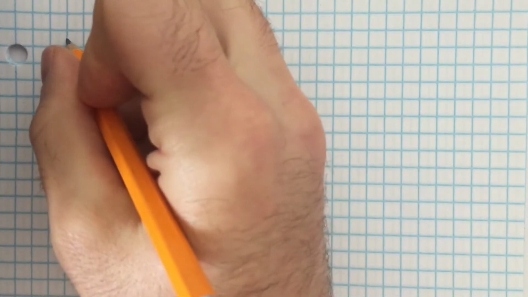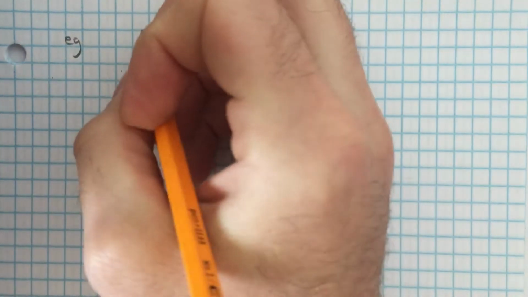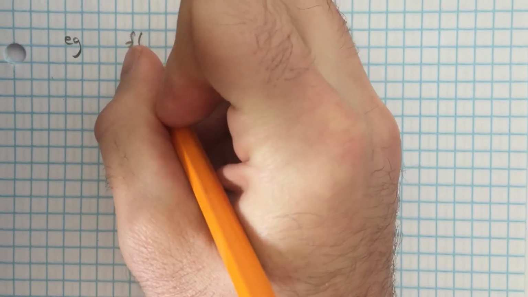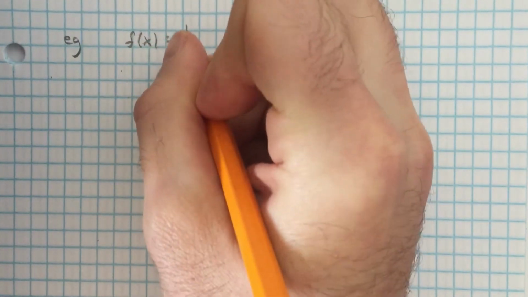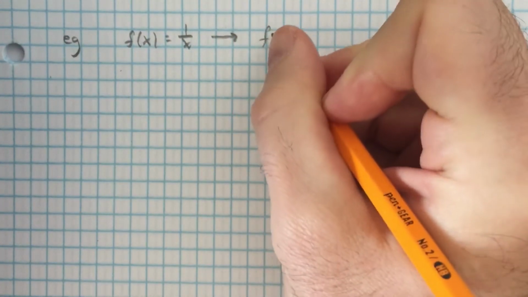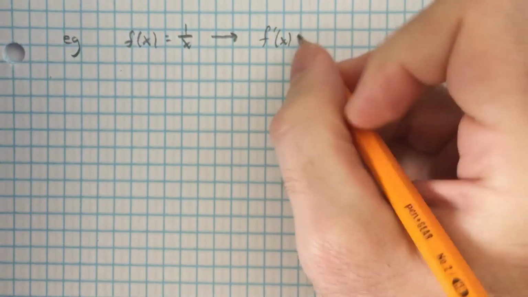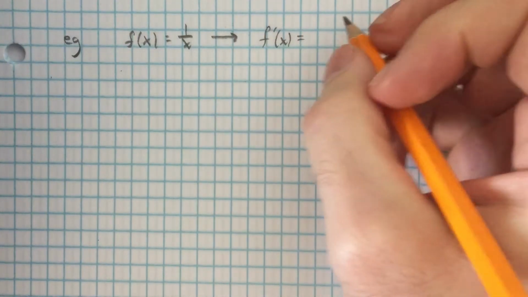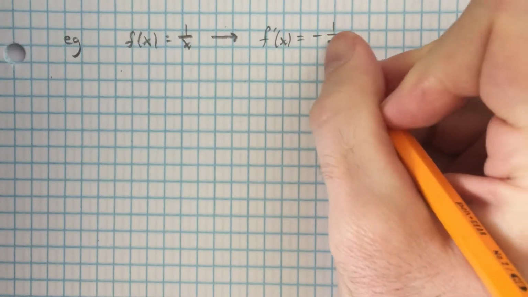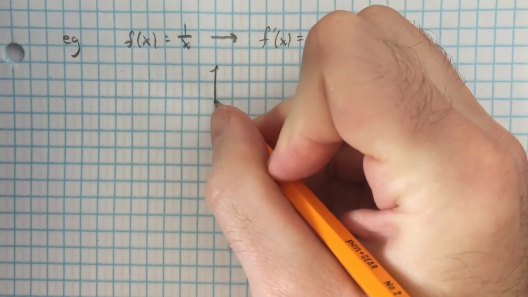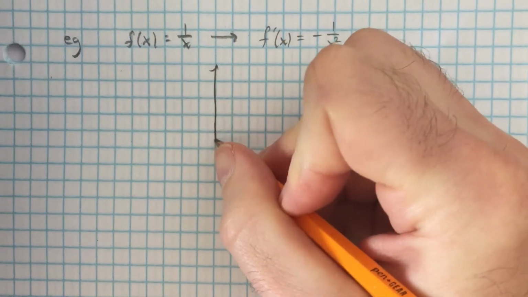To continue with this example and make things as geometrically clear as possible, again, we have f of x, the original function, is 1 on x, and we found that f prime of x, what you might call, again, the slope function for this curve, was negative 1 on x squared. If I attempt to graph both of these simultaneously,